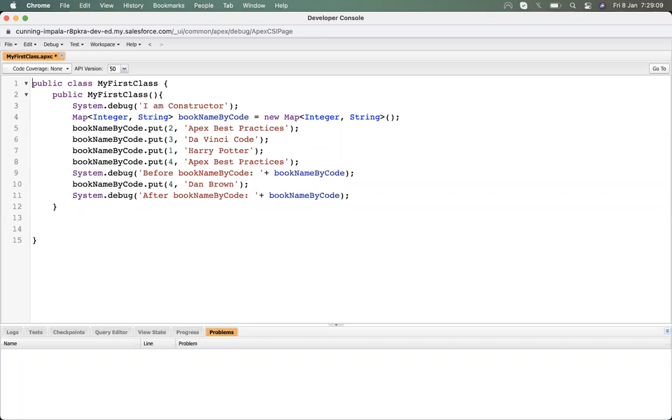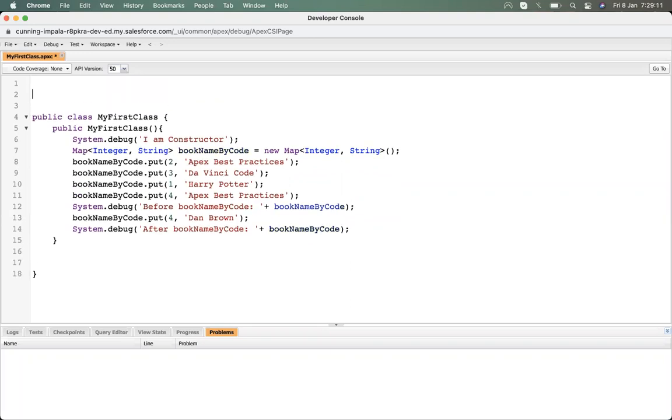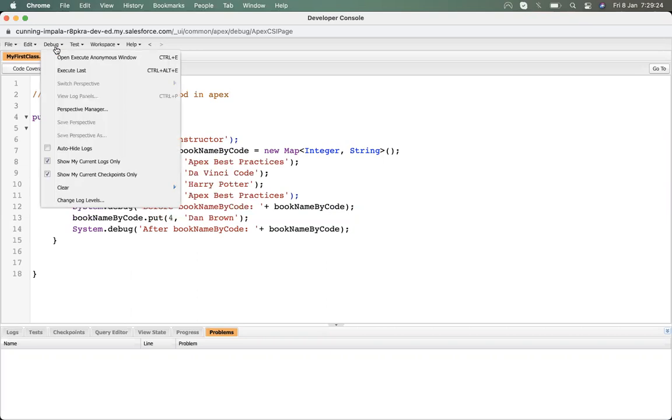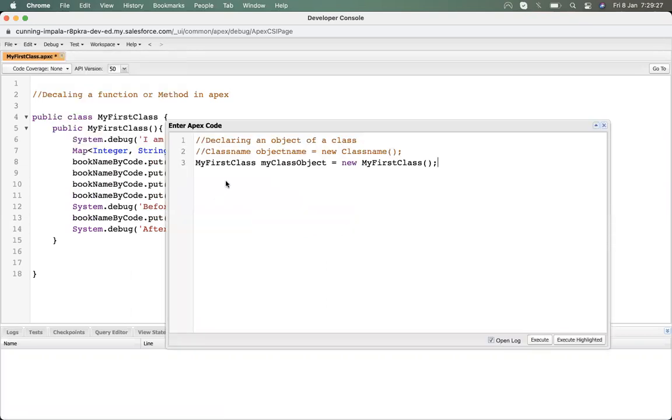Suraj, sorry, you changed the fifth sequence, but how did you call this? How do you call this, create an object from this class? Did you show that part? Yeah, I'm calling it from the execute anonymous window.